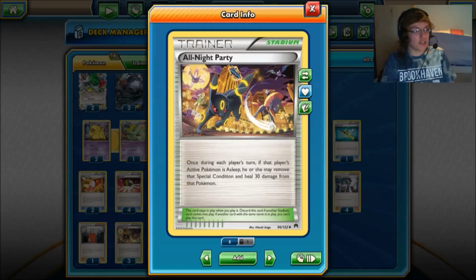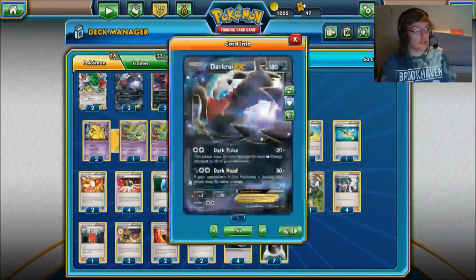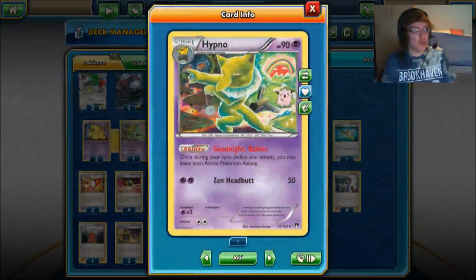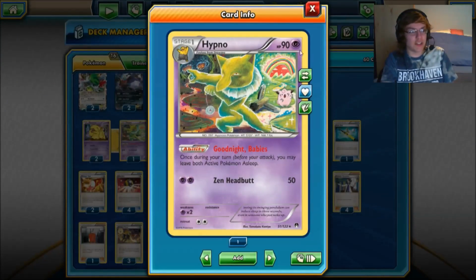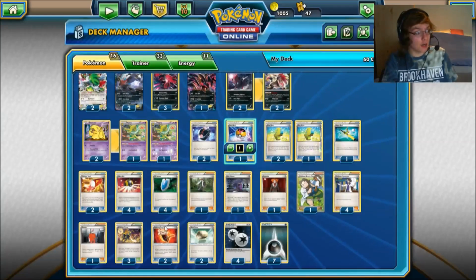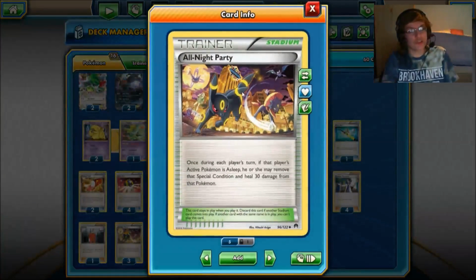Even if we're not taking a knockout or we don't need to do the knockout, maybe they've just got like a 60 HP active Pokemon, it's still useful for us to use Goodnight Babies and then All Night Party just for the 30 heal, just because eventually we can heal down to 0 and they have to start again, which is really nice. We can kind of use it as a pseudo Rough Seas, which is a really nice option for the deck